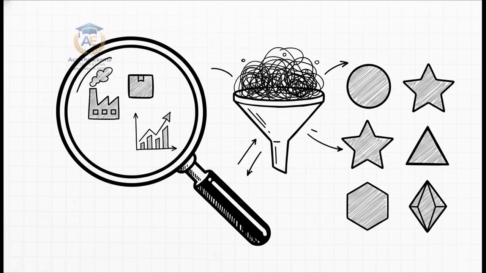In the exam, you're going to be thrown into complex, unfamiliar, messy business scenarios. Examiners want to see you extract the relevant data and filter it through these exact concepts. Think about it. When a business randomly changes its depreciation method to boost profits, are they violating consistency? Are they overstating assets and therefore completely ignoring prudence? You and our hypothetical students Alex and Sam must grasp these conceptually to apply them flexibly.